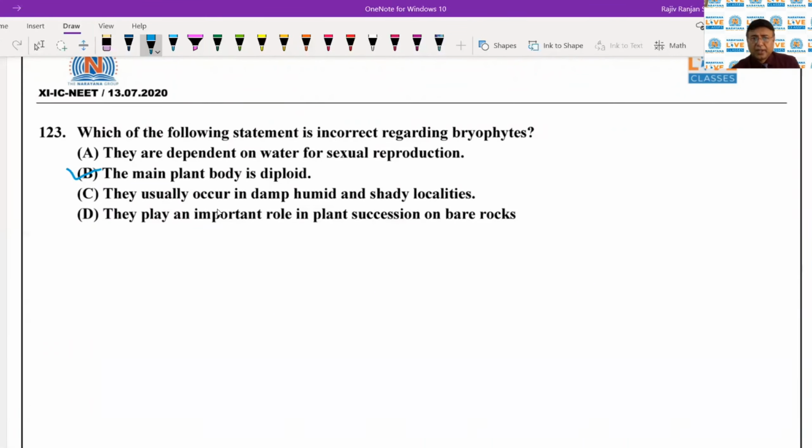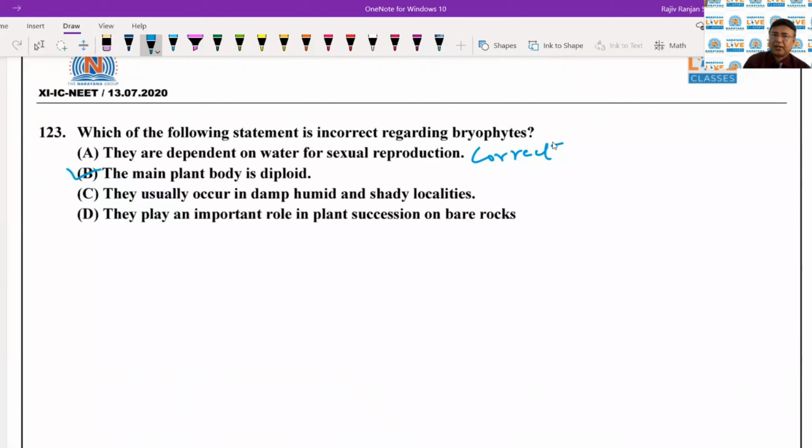They usually occur in damp, humid and shady localities. It is correct. They play an important role in plant succession on bare rocks. It is also just correct. So this statement is correct. First statement is correct,